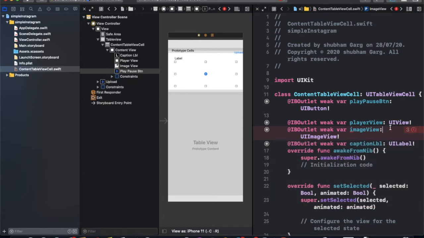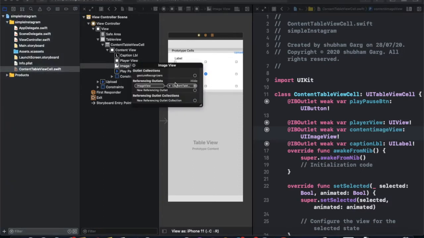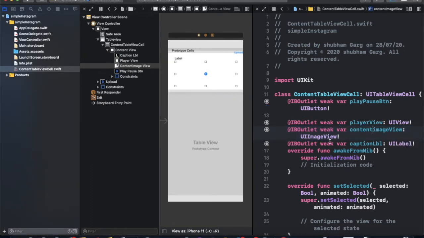We already have an image view, so it's a conflict with the name. So we rename it like content image view. Unlink the old one and link the new one. Yeah, now our UI part is done.